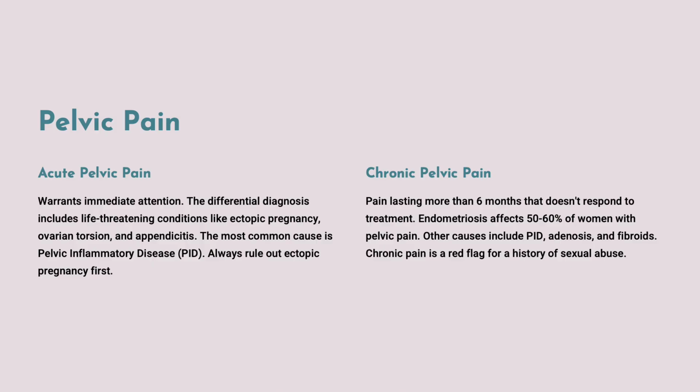In contrast to acute pelvic pain, the patient may be experiencing it for already a long time. It could be that the patient's pain is already lasting up to 6 months. In that case, it's called chronic pelvic pain. So more than half of women who report chronic pelvic pain are going to have endometriosis, meaning the inner lining of the uterus has thickened. The endometrium is thickened. Okay? Inflammatory disease could also lead to chronic pelvic pain, as well as adenomyosis and fibroids. Chronic pain is also a red flag for a history of sexual abuse. So you need to rule that out during your history taking.